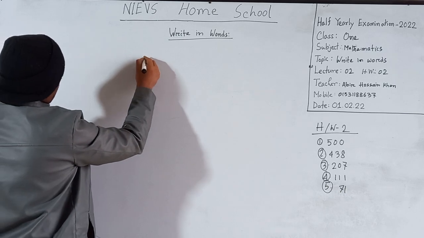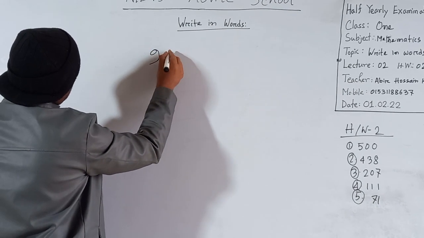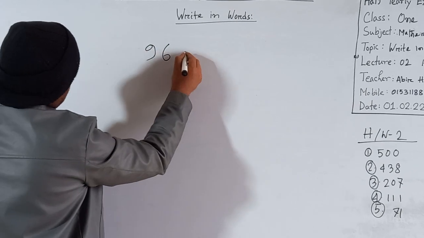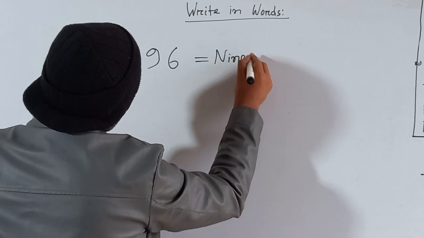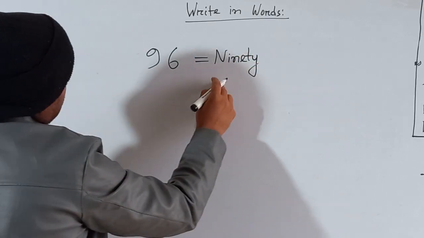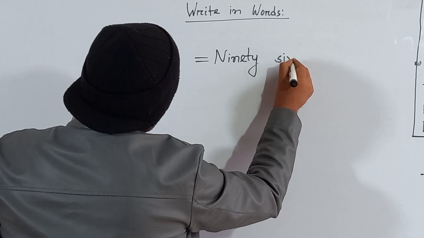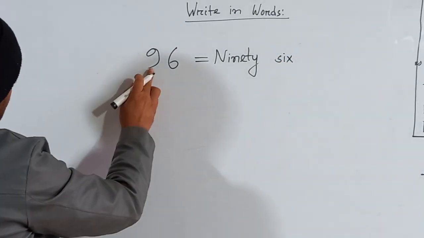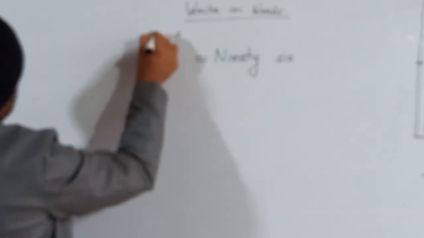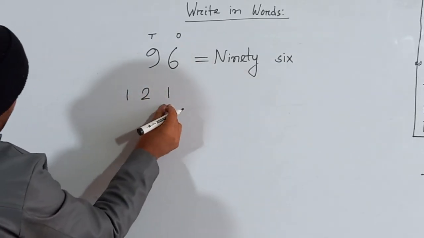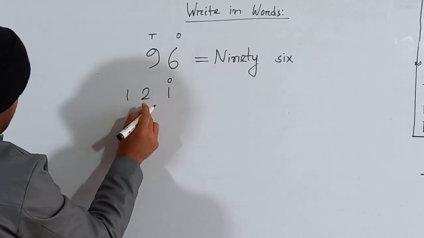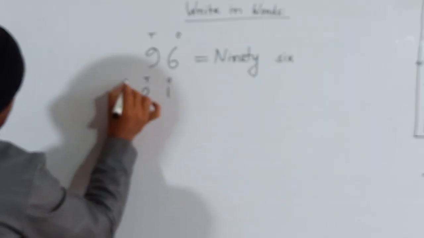Look here, if I write 96, it is called NINETY, 96, SIX, 96. And look here, 6 is in the ones place and 9 is in the tens place. Now if I write 121, 1 2 1, look here, 1 is the ones place, 2 is the tens place, and this one is the